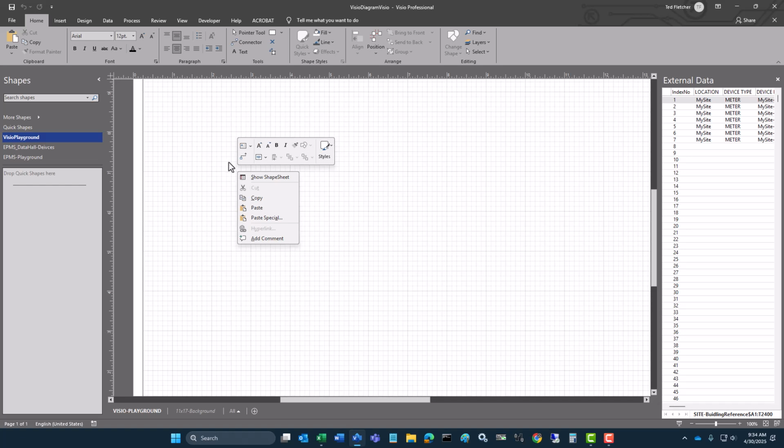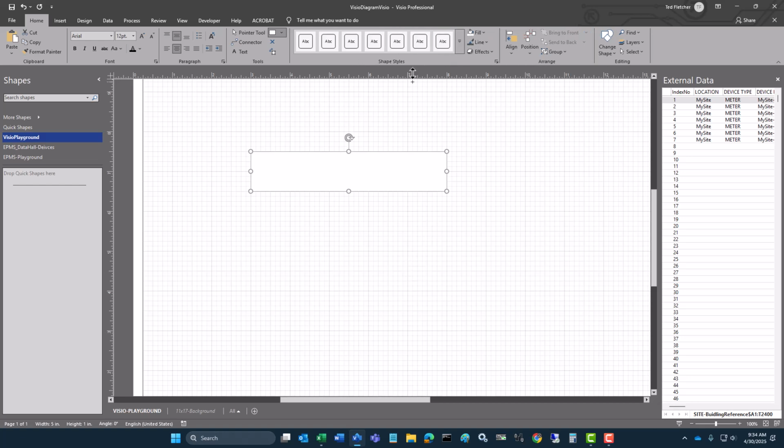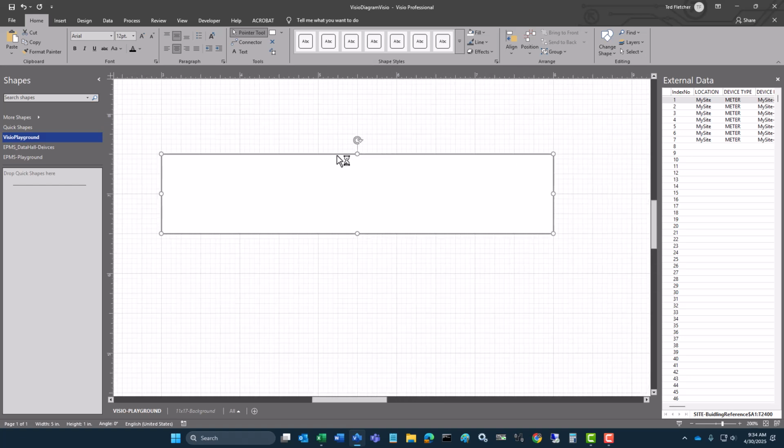So that being said, I'm just going to do something simple. I'm going to grab a square, drag that out to there, just get rid of the theme, go to the pointer, come in here. So the first thing, imagine how you'd be laying your diagrams out. You'd want to be able to use the wire linking to show what's being fed from what or what's feeding what. So I'm going to just go to a connector, select, then I'm going to put a connector on that side, connector on that side, point,